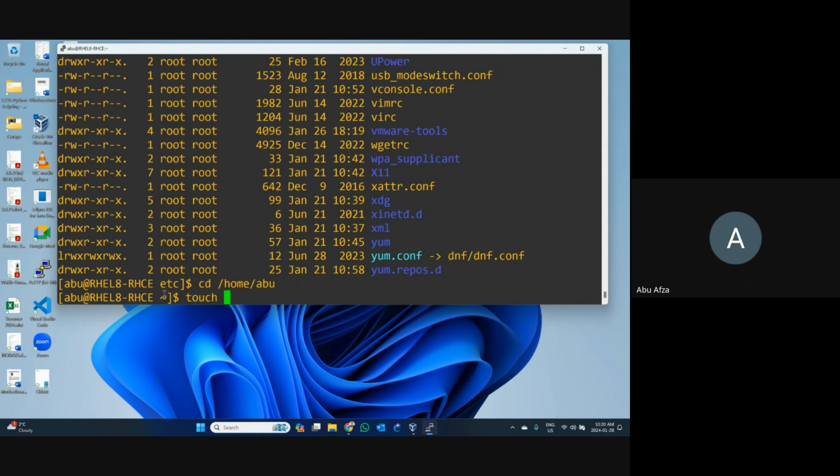I'm in the home directory, and now I need to create a file under the Downloads folder. Let's write home, Abu, Downloads, slash, and the file name is test. I need to create a file and the file name is test.